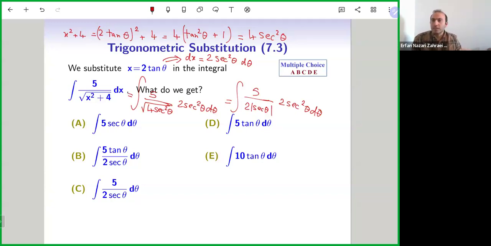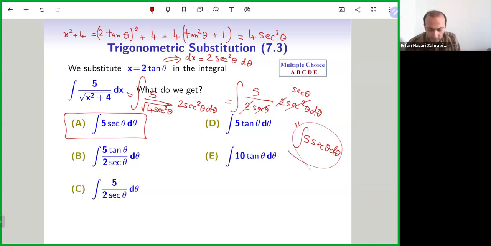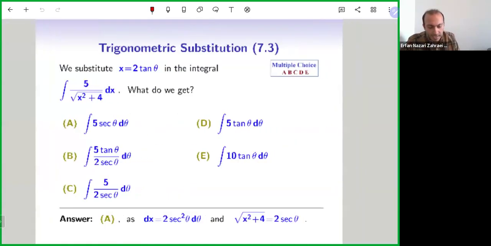The reasoning: for all these substitutions, no matter whether it's tangent substitution, sine substitution, or secant substitution, under the domain that we discussed, you can drop the absolute value. So this absolute value is redundant. I can drop it by the same reasoning that I did on the unit circle. Now I can simplify: 2 cancels 2, one of the secants cancels one of these secants, and you get just 1 secant theta. So you get the integral 5 secant theta d theta, which is option A. After the substitution, it will be simplified to this. Now, next question.